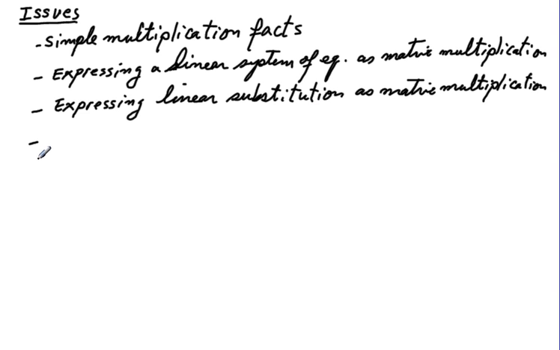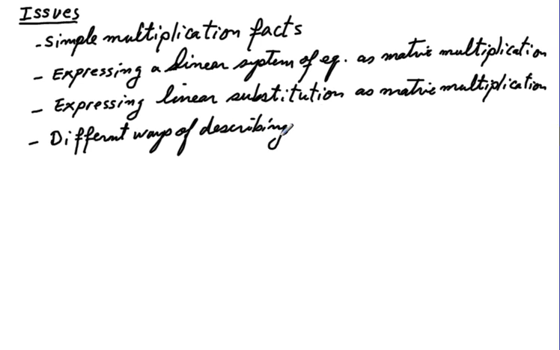Finally, if we have time, we are going to talk about different ways of looking at matrix multiplication. We have looked at one of them, the one we just talked about. There are other ways of describing it. It comes in handy when you can look at this rather complicated process from different perspectives and use it in different styles. Okay,